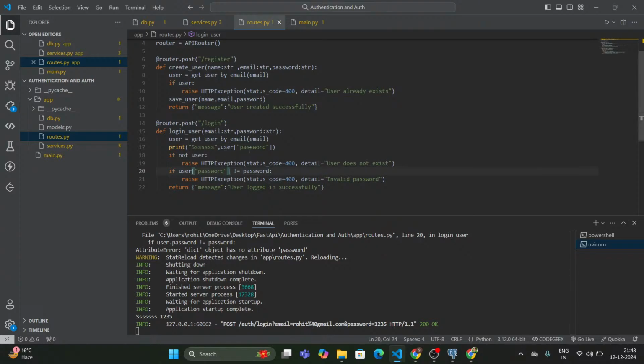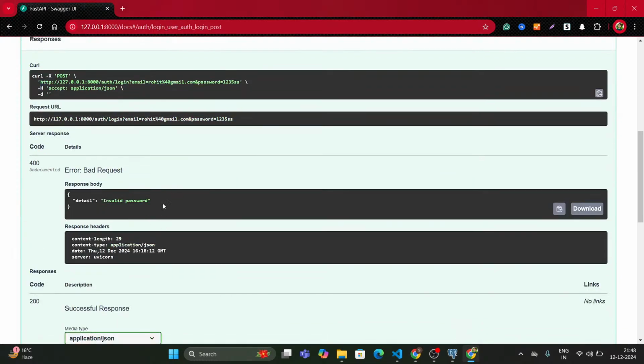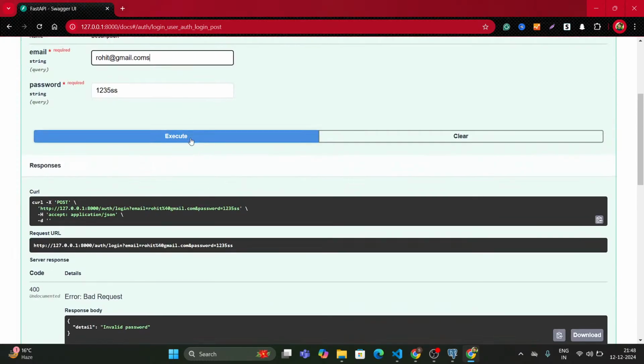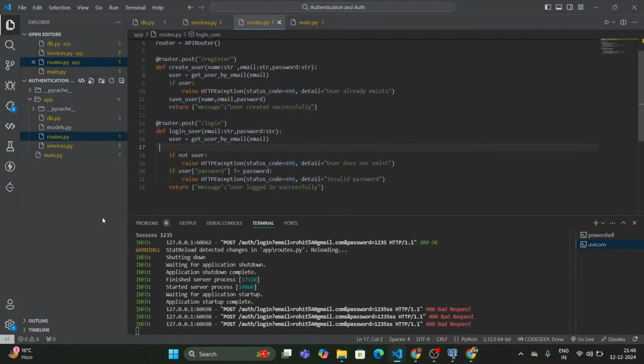Okay, so if we enter a wrong password, this will say invalid password, and for a wrong email it will say it does not exist. It will say correct password, and wrong gives invalid password. Okay, so this way we can add authentication